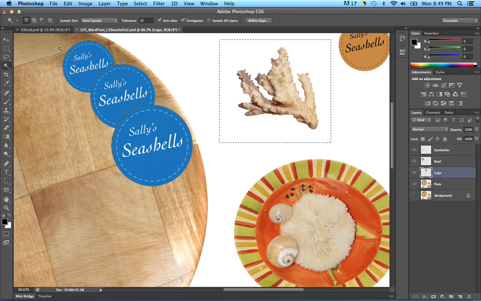So I have that. Now, what I want to do is keep the tolerance at 32. I want it to be anti-alias. Anti-alias gives us smooth edges, so we definitely want that, and make sure contiguous is checked. This is the default, the new selection. That's what I've always used this tool for, but now I learned you can use it to subtract from the selection. So I'm going to choose that tool for here, and point sample is fine. We can leave that. So if I select here, what it's going to do is take away everything that's white inside of this square rectangle that I drew. Any white area in here. So if I select,